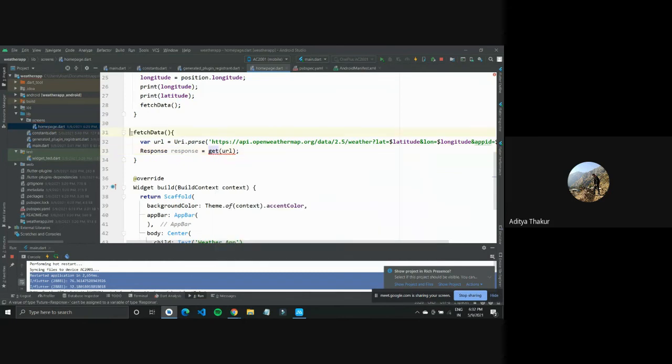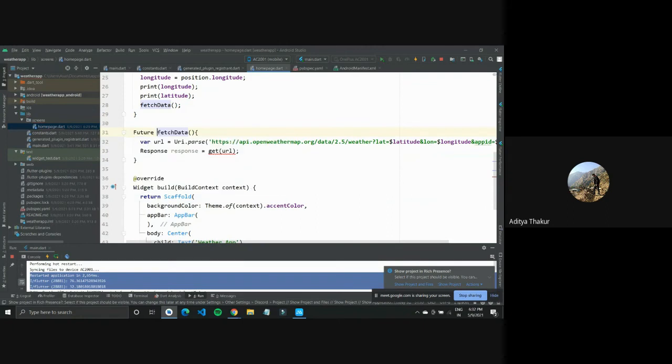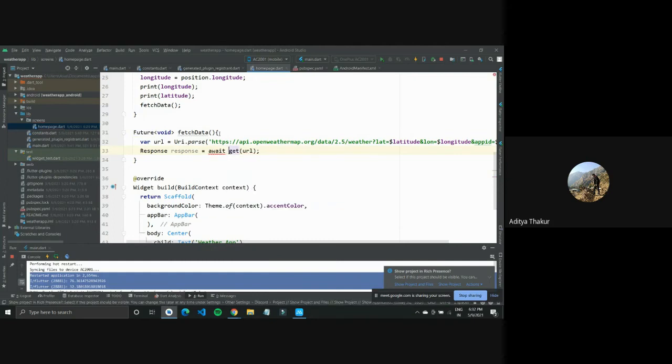So what I need to do is make this function a type of future, and this should work fine now. And I need to await on it, also make it async. As in now it should wait for this response to get data from the URL.